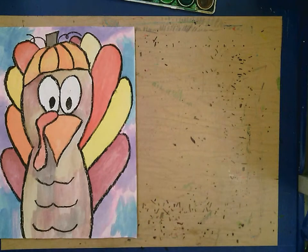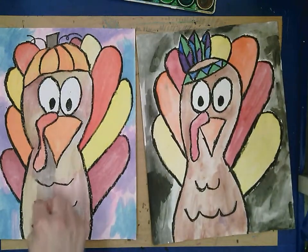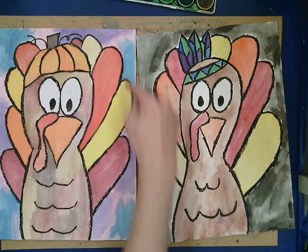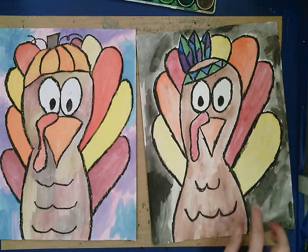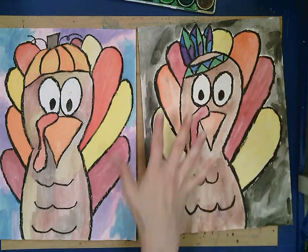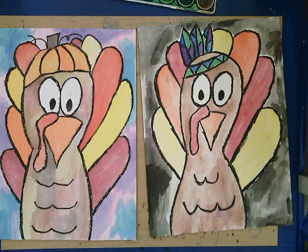You can have a lot of fun with these silly turkeys. On this one, I used lots of different browns, and then I did lots of funky colors in the background, blue and pink and purple. Over here, I kept it real simple and classic, and just did black so that my turkey would stand out. You can choose to paint it however you want. I can't wait to see what you're doing. And if you're doing this for your grade in first grade, make sure that you take a picture and